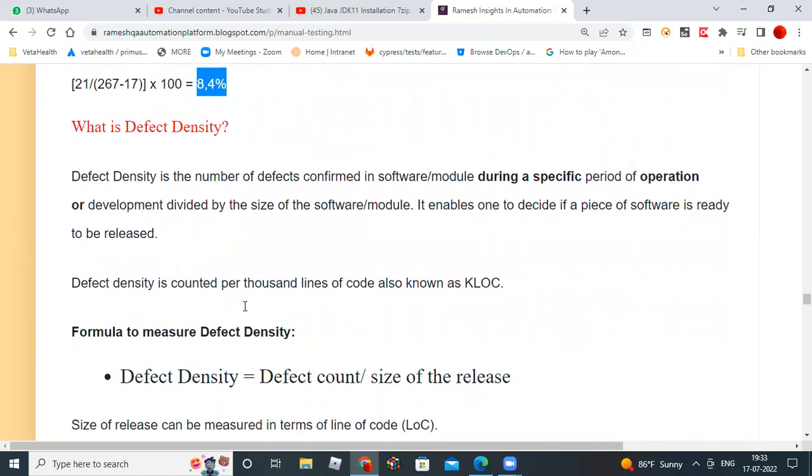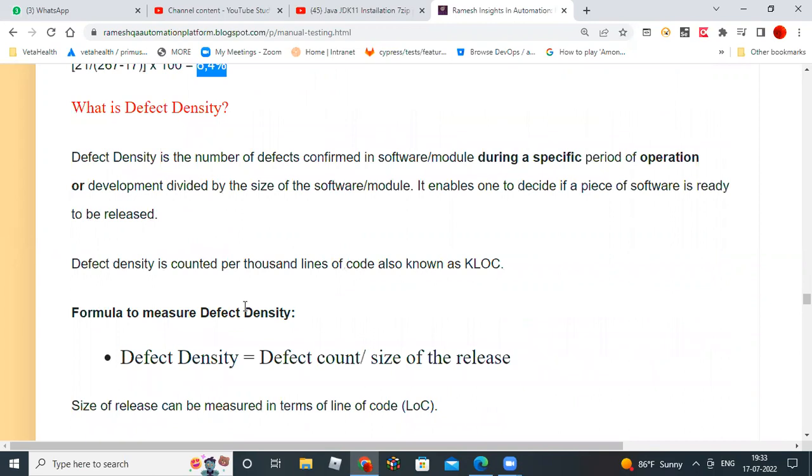So what is defect density? Defect density is the number of defects confirmed in the software or module during a specific period of development, divided by the total size of the module, the total size of the software. Take a particular sprint or a particular release. A release will be every 2 months or 3 months, or there may be monthly releases. So for a particular release,